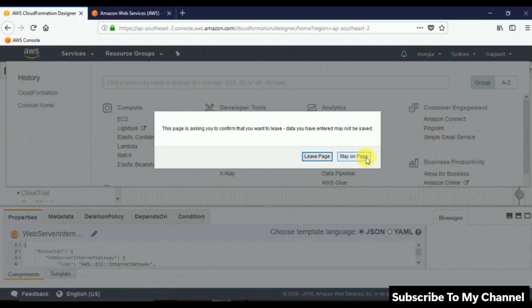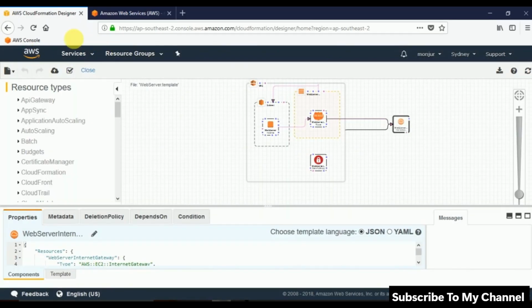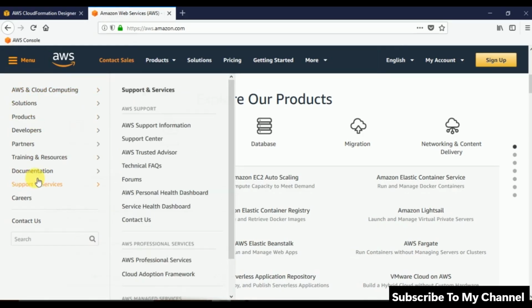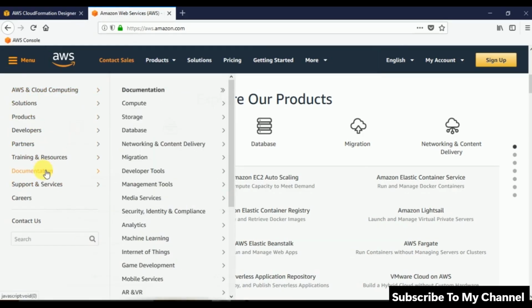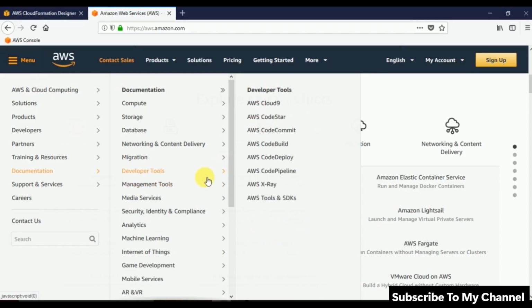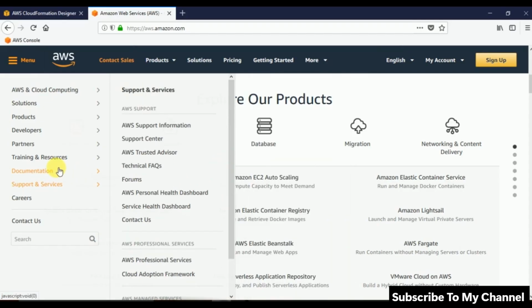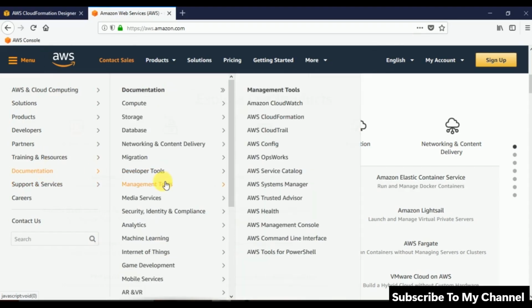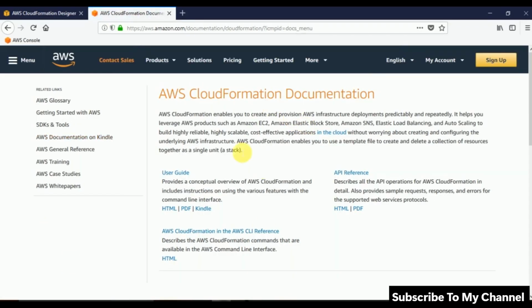So we need to go to the documentation, and we need to go to the management tools. Now here we have CloudFormation. As you can see, from documentation I came to the management tools, then I went to CloudFormation, and I'm clicking on that. Now we have the documentation here. Let's say user guide. If I click on PDF,